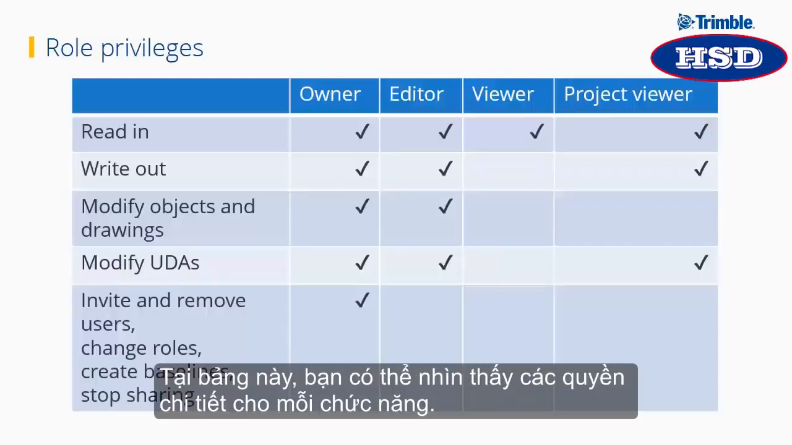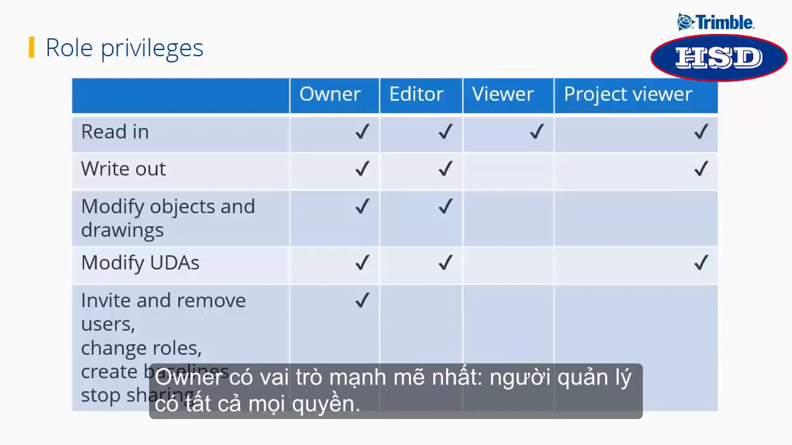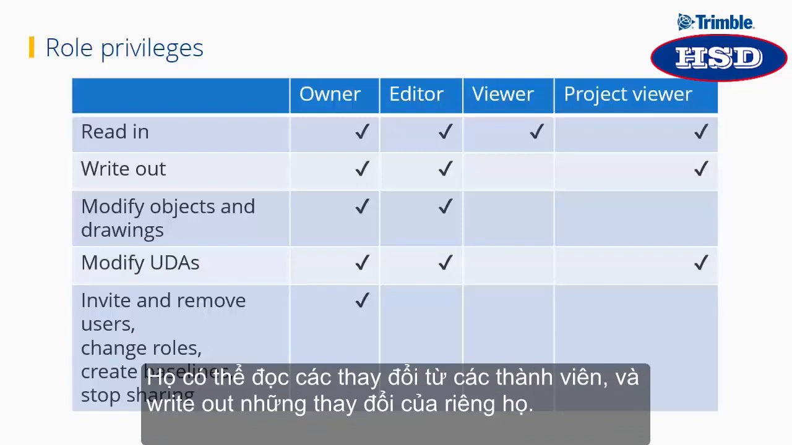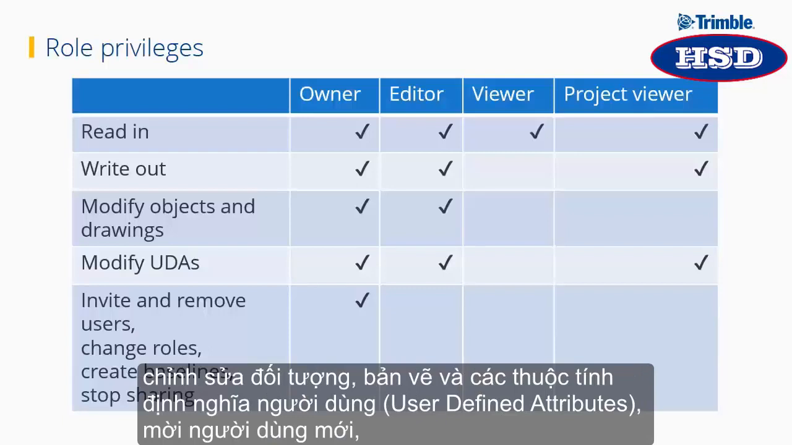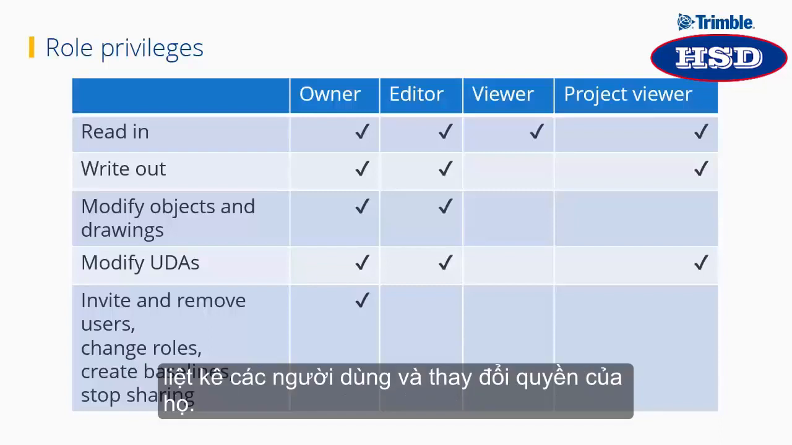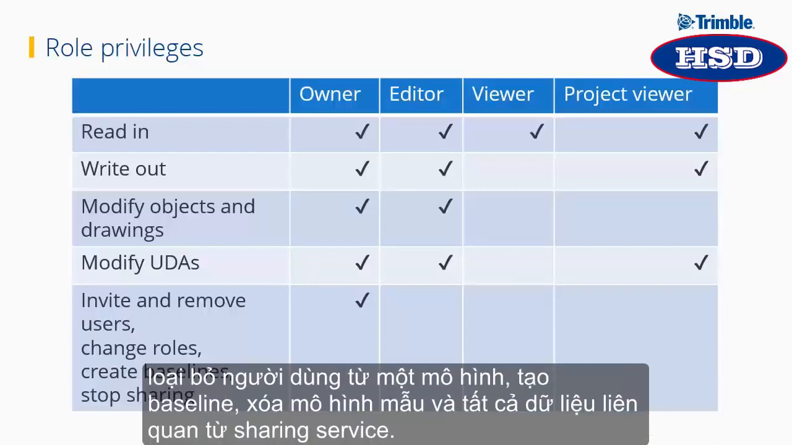In this table, you can see the detailed permissions for each role. Owner is the most potent role. Owners have all the permissions. They can read in other users' changes, and write out their own changes to the sharing service, modify objects, drawings, and user-defined attributes, invite new users, list other users and change their roles, remove users from the model, create baselines, and remove the model instance, and all the model-related data